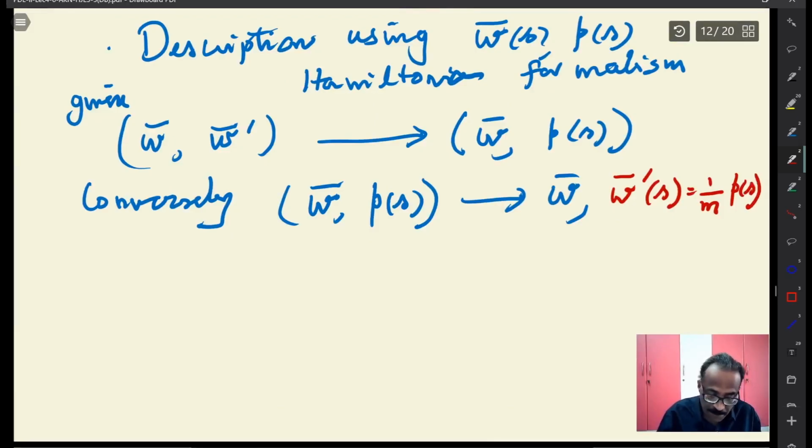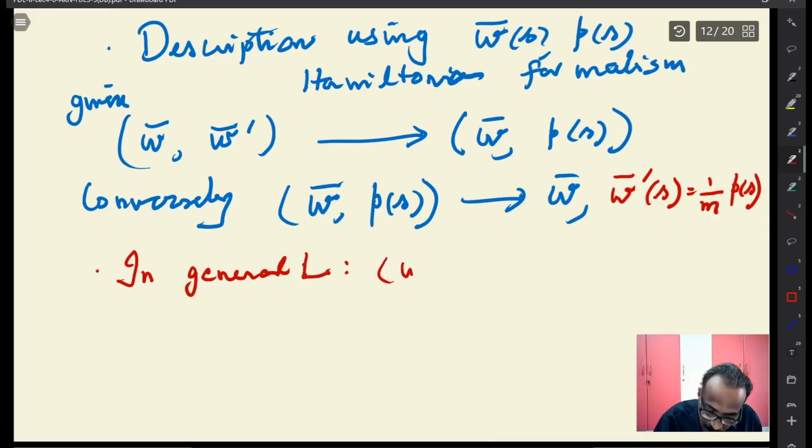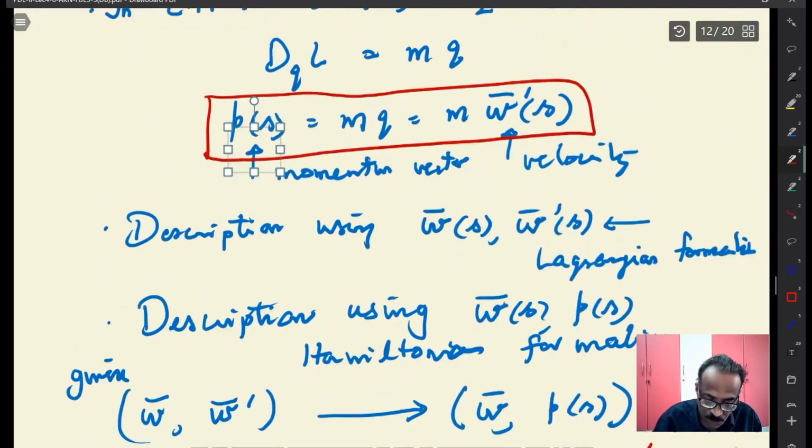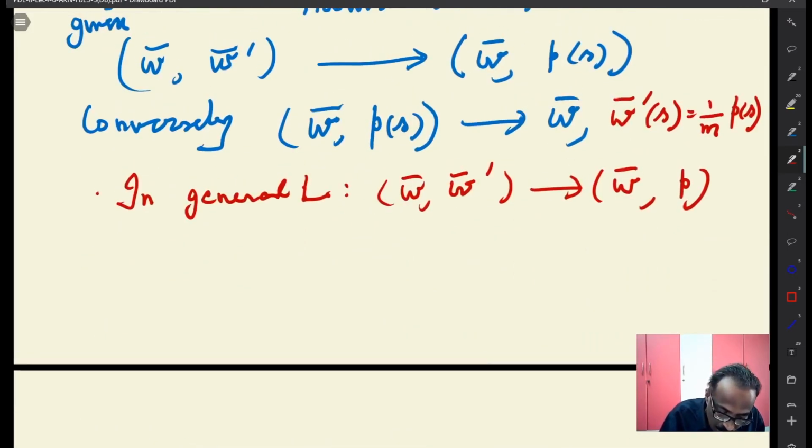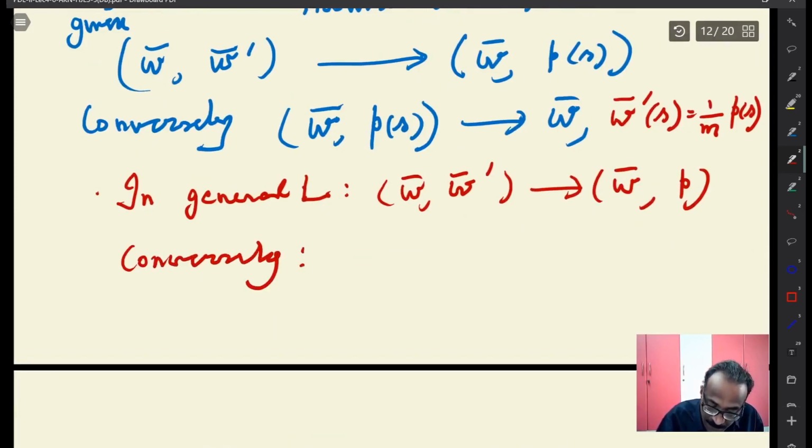That's the thing. But in general, given W bar and W prime, this gives W bar P, because P is defined like that. So you see, you have defined P like this. But the converse part is not generally true. Conversely, given W bar and P,